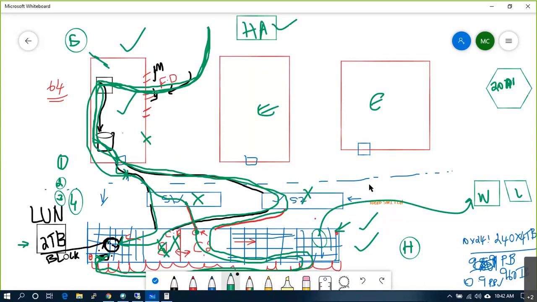Similarly, ESXi should give some inputs to the storage system: boss, this is my address, please assign storage to me. So to whom will you assign the storage? From the storage system, you will assign storage to the ESXi host name, or ESXi host IP address, or ESXi host NIC card MAC address. To whom will you assign the storage?